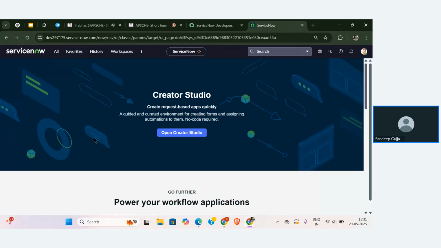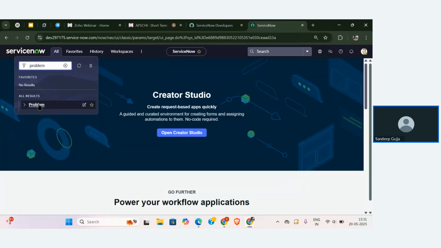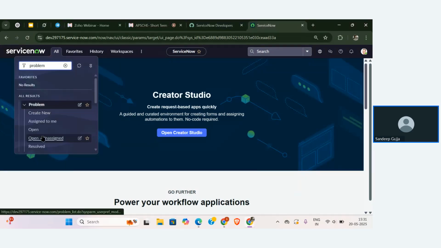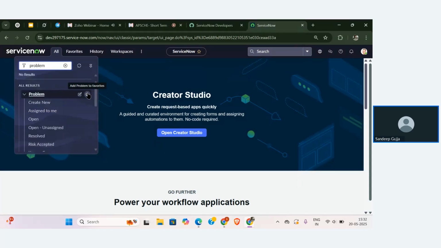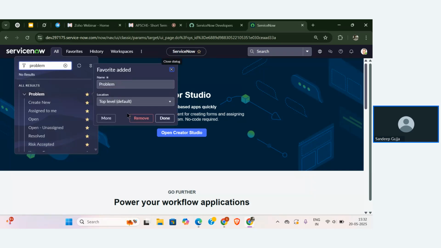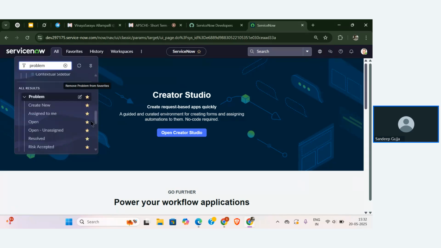I'm going back to the main instance once again, and the main interface that you're going to see. If you click on All, and suppose I already told you that this is the application, right? Whatever the things that you're seeing under that application, we call them modules. So what if I make a favorite of the application? What happens is everything under that application also will be favorited. Let me click on favorite beside the Problem application. What is happening? Automatically it is activating each and everything as a favorite.